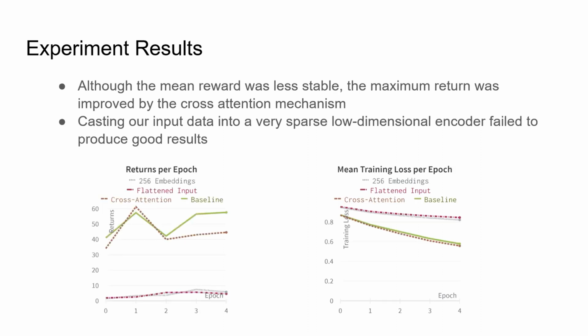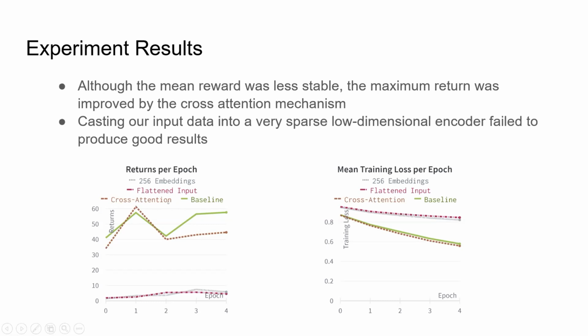So look on the left first. Green is our baseline here. This is using the vanilla decision transformer. You can see over all these epochs, this is the return value, which corresponds to the score. So around 42 here. The maximum score I think was 62, and this is just the mean score returned at that epoch. It was 57.6 for the baseline, right? I'm sorry. And the cross attention, our implementation, was 62.